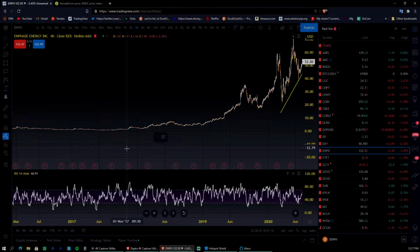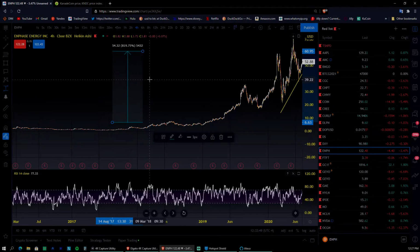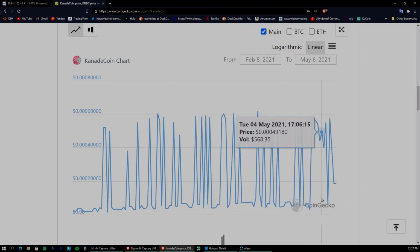So we're looking at this range, right? Let's look at from 6 all the way to 60. So we're looking at potentially 800% gains. So in this situation, when you know, or when you think you know, that everything's going up and down,